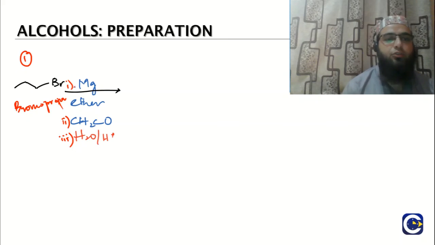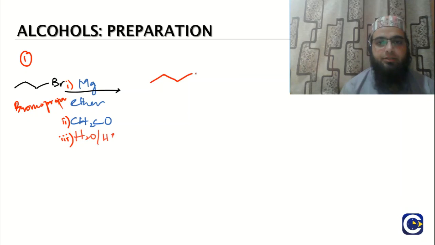So first of all, we'll look at this substrate. This is an alkyl halide, and in the first step we have been given magnesium and ether. And we know when an alkyl halide and magnesium are reacted in ether as solvent, we get the Grignard reagent. So in the first step of this reaction, we'll be getting the Grignard reagent. The Grignard reagent that we'll be getting will be this, with Mg and Br. Then we have to react this Grignard reagent with our